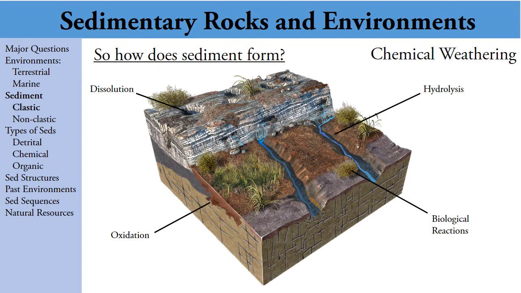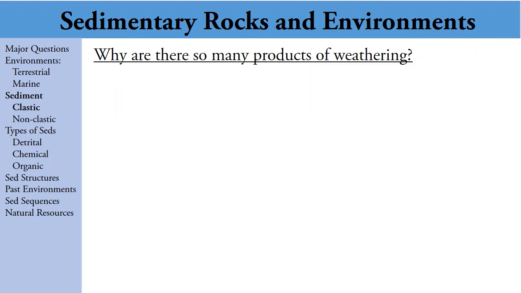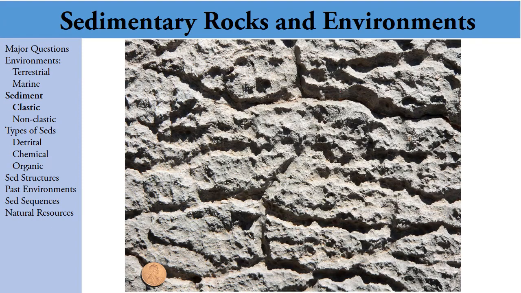So one thing that comes up when you look at this is, all very cool. I'm sure all of you find it incredibly cool. But why are there so many different products of weathering? Weathering creates so many different kinds of sediments. It depends on there being so many varieties of rocks that are being acted on by erosion and weathering, and there are so many different types of erosion that we see that it tends to create a really large range of minerals. And predicting what's going to form depends on things like the climate and the material being eroded. So, for instance,